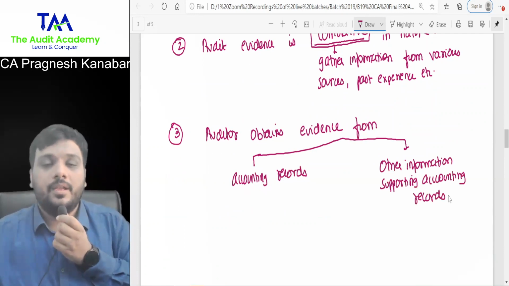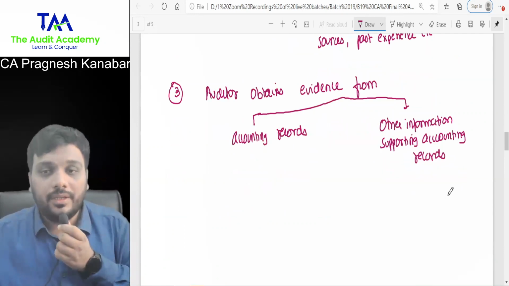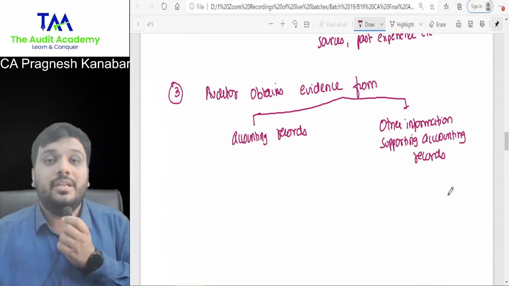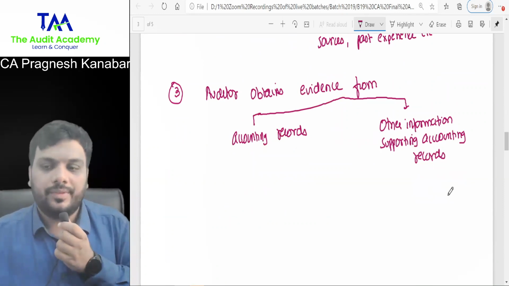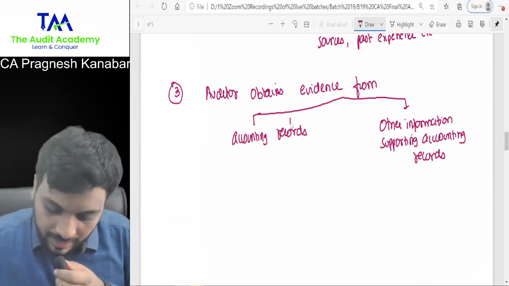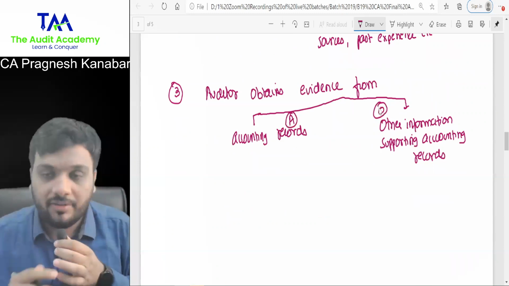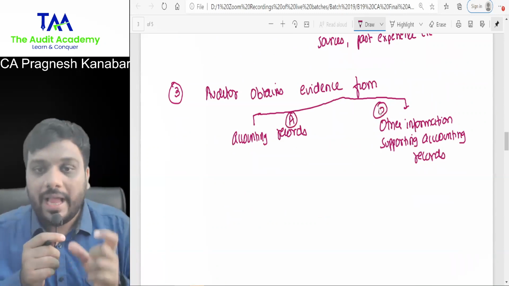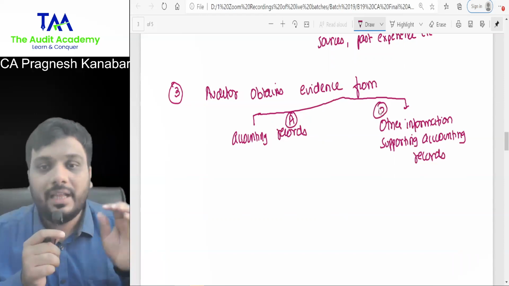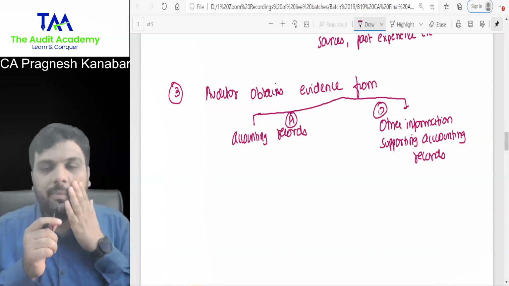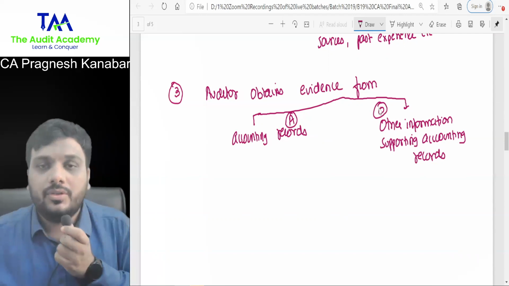Okay. Auditor obtains evidence from accounting records and other information supporting accounting records. Okay. So now listen. A for accounting records, O for other information. You will type it in the chat box. I will give you example of an item. Tell me whether it is an accounting record or other information. All right. Journal entries,